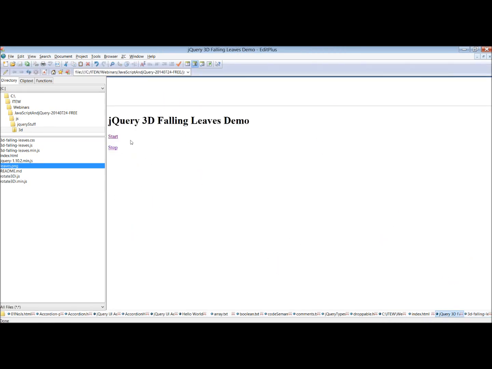I can stop them just like so, and then start them again. It is very, very cool, very powerful, and there's a rotate. That's what's making the leaves rotate. You can see the leaves are different kinds and different shapes and sizes, and it actually seems like they're falling. And you can make this really out of anything. So that was a really quick demonstration